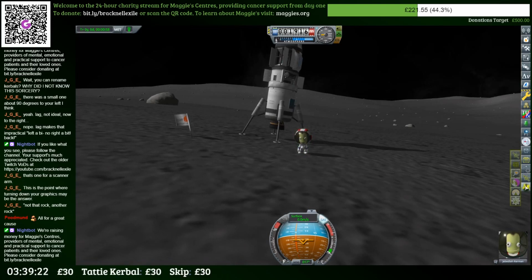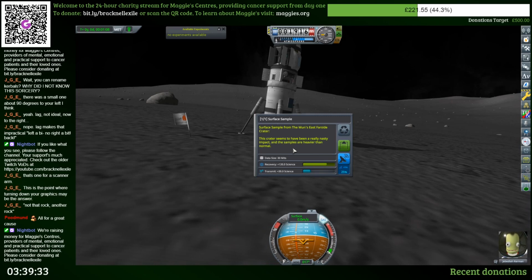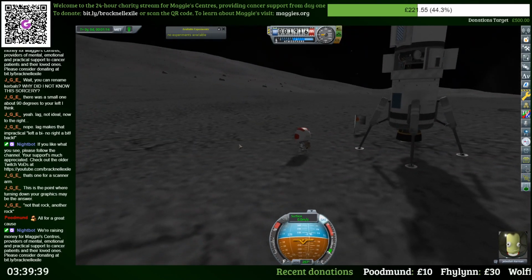Now there's science to be done. Surface sample 120. Crater seems to have been a really nasty impact. Samples are heavier than normal. How would you know it's your first sample? I'm not complaining. An entire tier of data on its own, but...